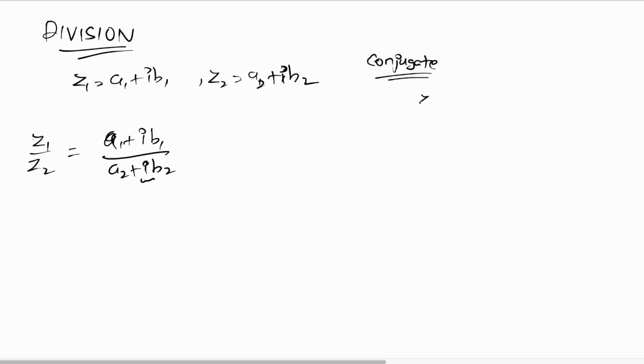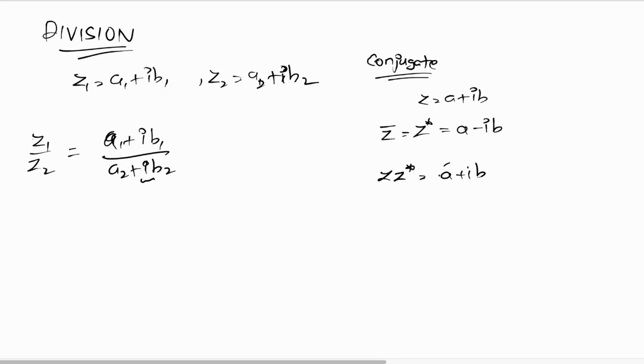So if I have a complex number a plus ib, the conjugate, or the z star or z bar of the complex number, is defined as a minus ib. Basically, the real part remains the same and the imaginary part changes sign. One special thing about the conjugate is that if I multiply a complex number with its conjugate, I'll get